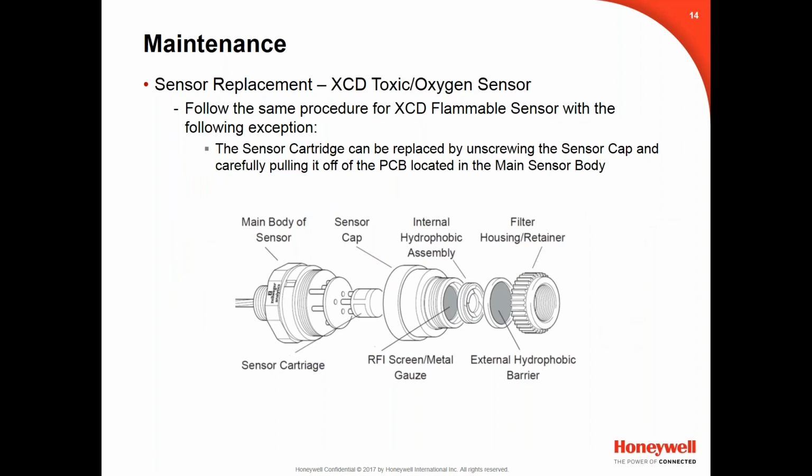So on the XCD, the toxic and oxygen sensors, we use what's called a sense point sensor. On the XCD, we also use the sense point flammable sensor, which is catalytic bead. And you can actually get to, if the XCD contains the sense point, it's a black body